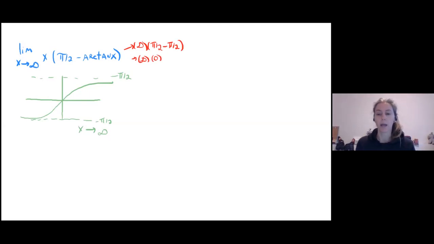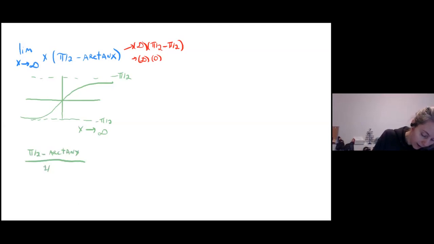Now, since we have the infinity times 0 form, we want to turn this into 0 over 0 or infinity over infinity. The question is, which one is a good function to bring down? In our previous question, we saw that bringing that trig function down was useful because of our reciprocal identities. We don't have similar reciprocal identities for inverse trig functions. But more than that, my options here are to either have pi over 2 minus arctan x